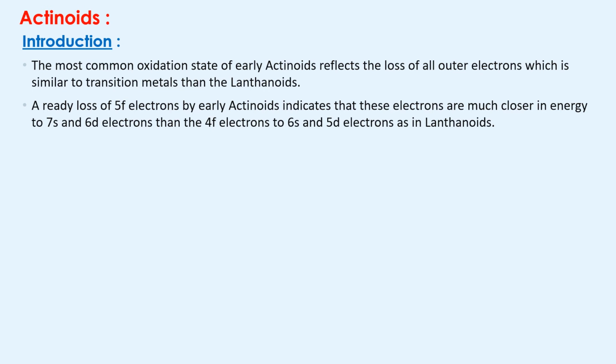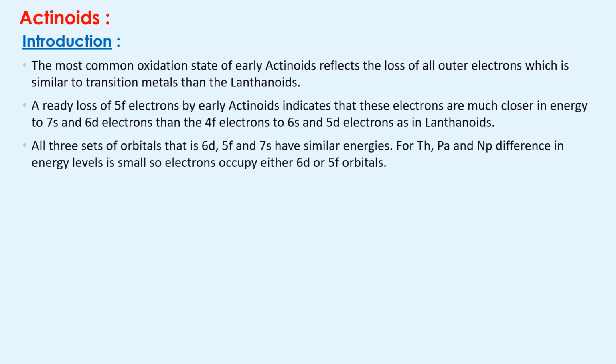In that case, we said that the electron is not lost from 4f, but it is lost from 5d. Similarly in this case, the electron is lost from 5f because it is much closer in energy to 7s and 6d. Now next, all three sets of orbitals, that is 6d, 5f and 7s, have similar energy. So for thorium, then next is